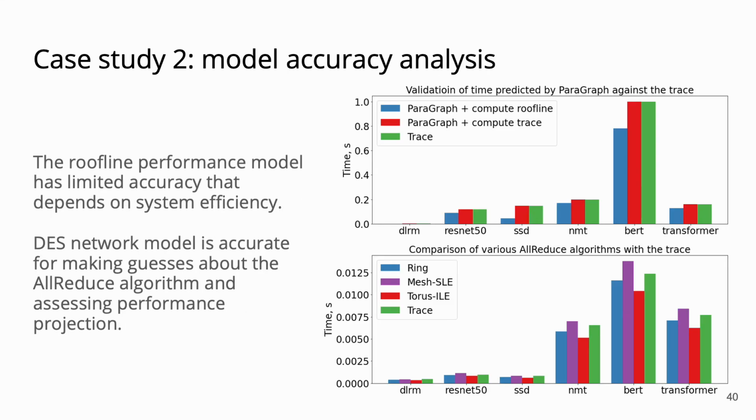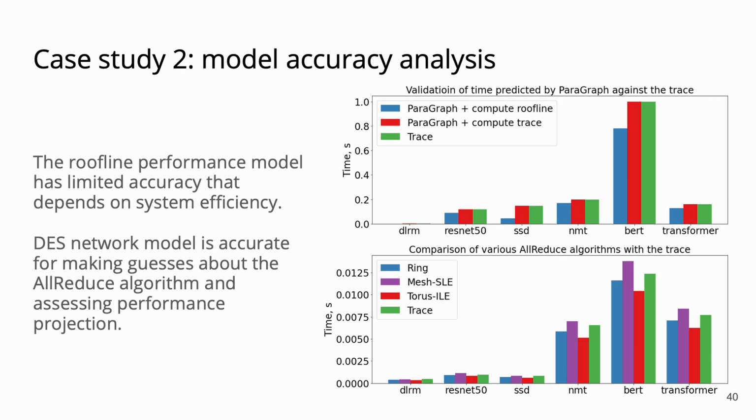On the top plot, we compare ParaGraph with the roofline core model as a blue bar against the application trace, green bar, obtained on the TPU v3 system consisting of 32 chips with 64 cores total. The average difference between the two is around 25%, but it reaches 70% in some cases. That is due to the optimistic nature of the roofline model. It assumes that the accelerator runs all the instructions with 100% efficiency. The difference between the roofline and the trace highlights the inefficiency of the hardware running a particular application.